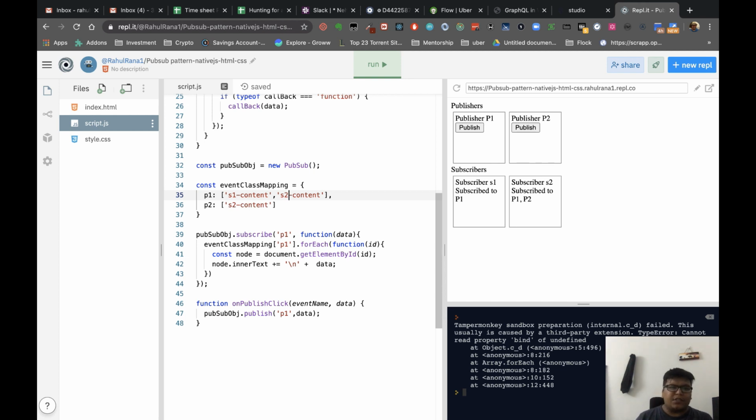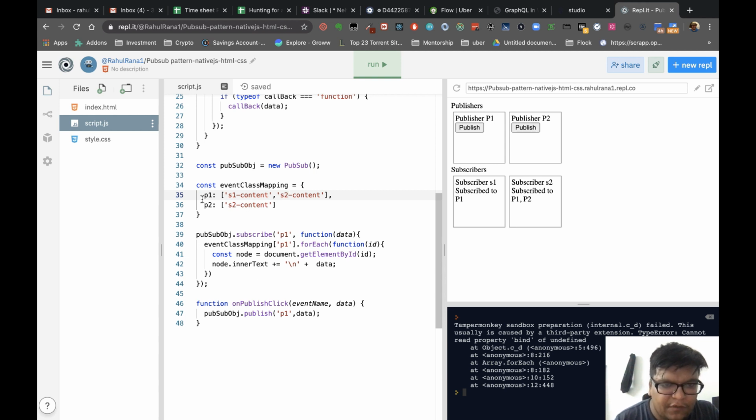Why do we need to maintain this? Because we need to update the content. We can actually do it dynamically also. We can see later how to do it dynamically.